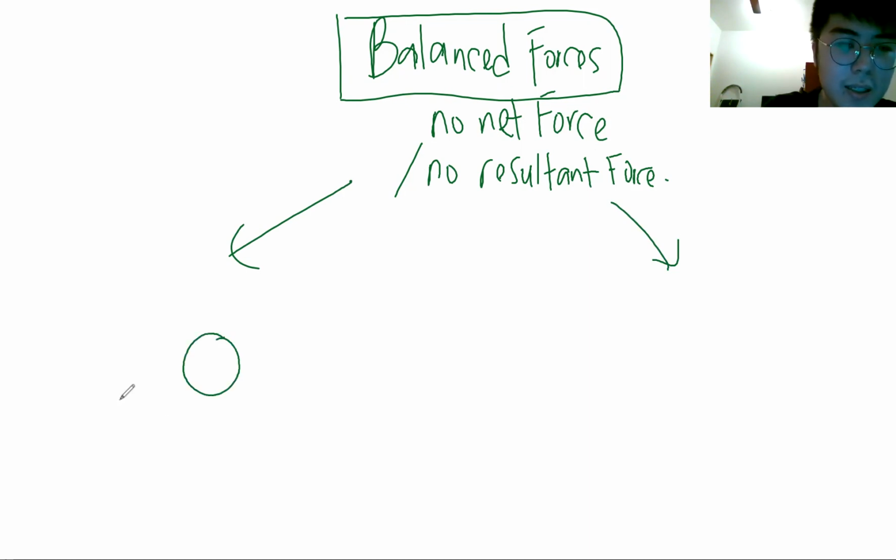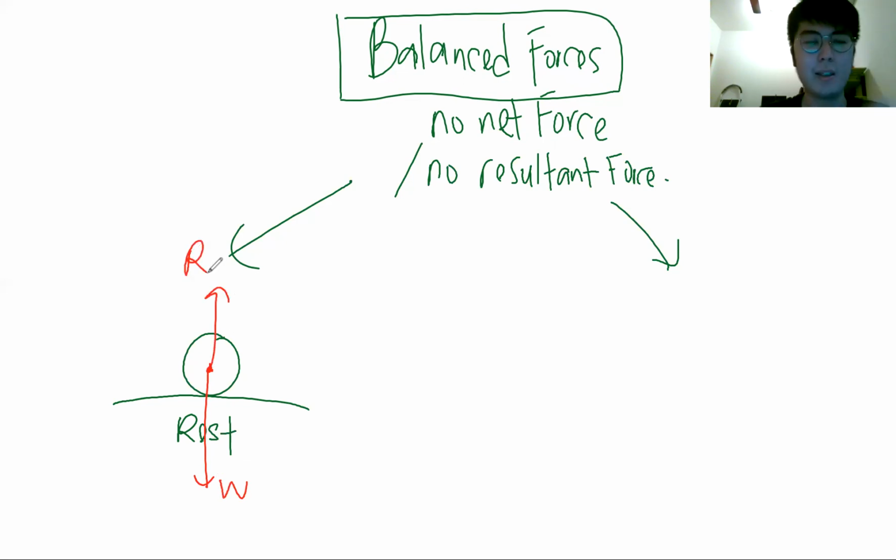First one is the object at rest. Okay, so for an object at rest, the gravitational weight is balanced by the normal reaction. Okay, now, or it can be